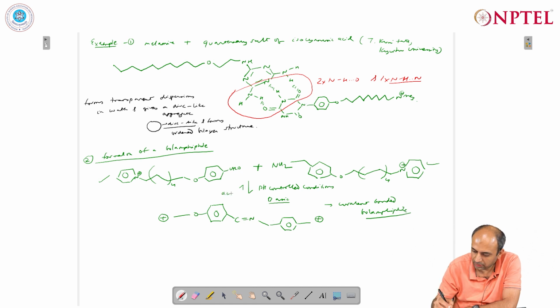And under acidic conditions, we know that the imine bond is very sensitive to pH, and if you lower the pH of the solution, make it acidic, then it will again go back to the starting materials due to the cleavage of the CN bond, due to the breakage of the CN bond. And this particular property where the CN bond formation is controlled by the pH can be used to deliver a drug, for example, in cells which thrive in an acidic environment, for example cancer cells. So, in case of cancer cells, the drug release